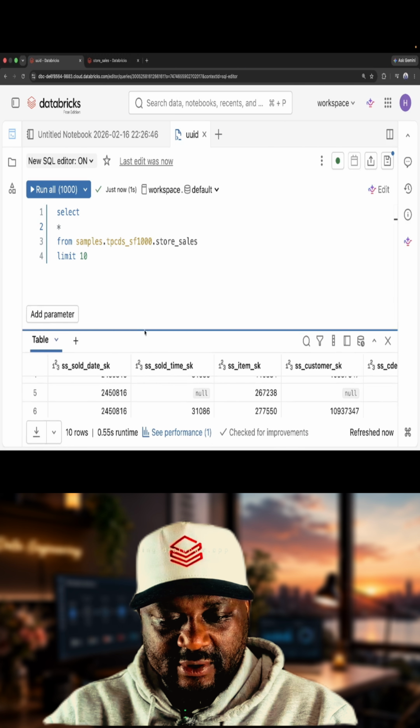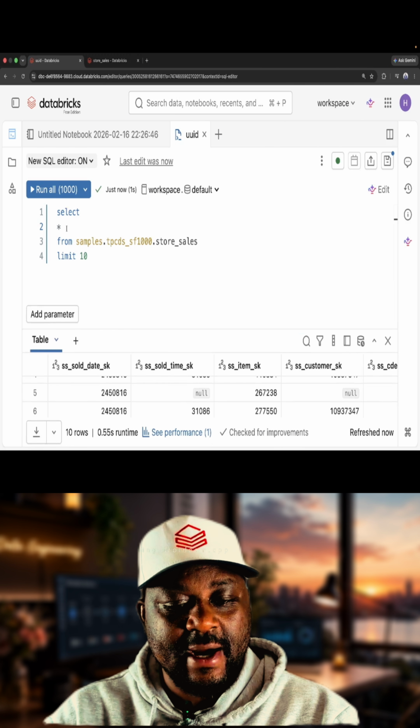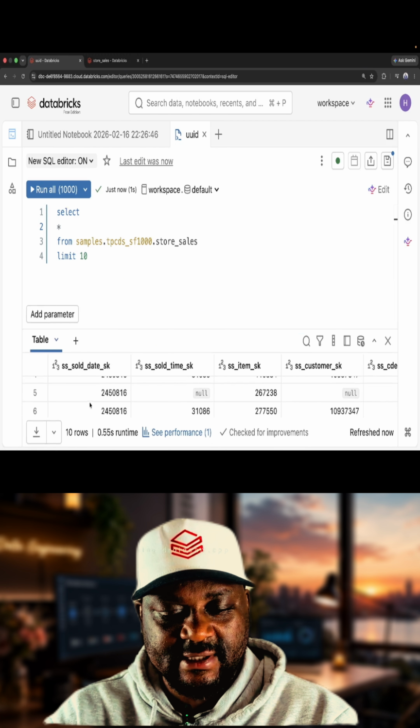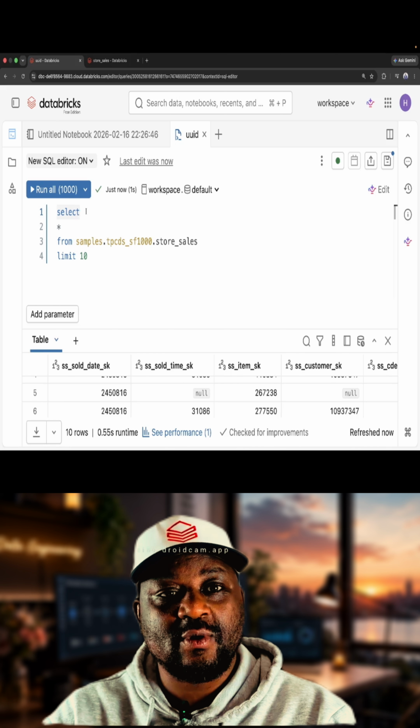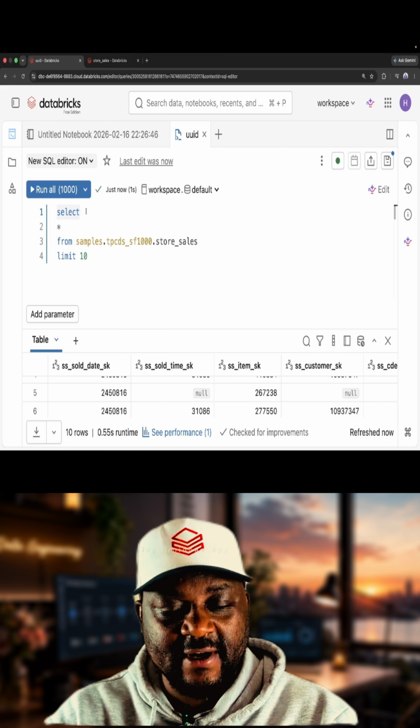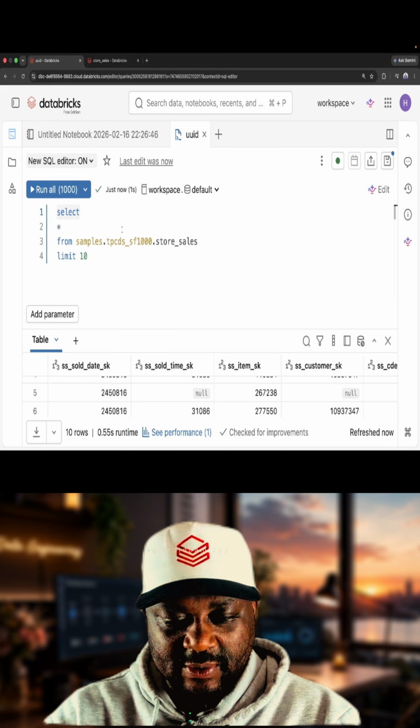Now let's move on to adding the UUID to this data set. To add a UUID in SQL, there's a function called UUID. Yes, a function called UUID. So to do that,